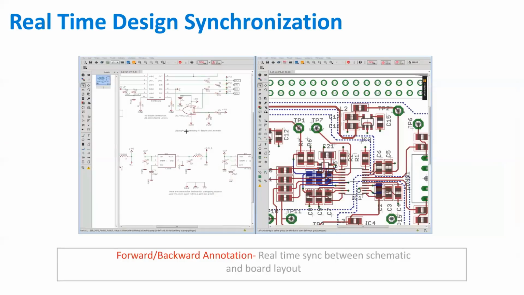Then finally, I just wanted to let you know that Eagle has what's called real-time forward and back annotation. What that means is that any modifications done to the schematic update the circuit board. So when you delete a portion of your schematic, it gets deleted from the board layout. If you delete connections on the schematic, that affects the board. If you rename components or rename signals on the circuit board, that updates the